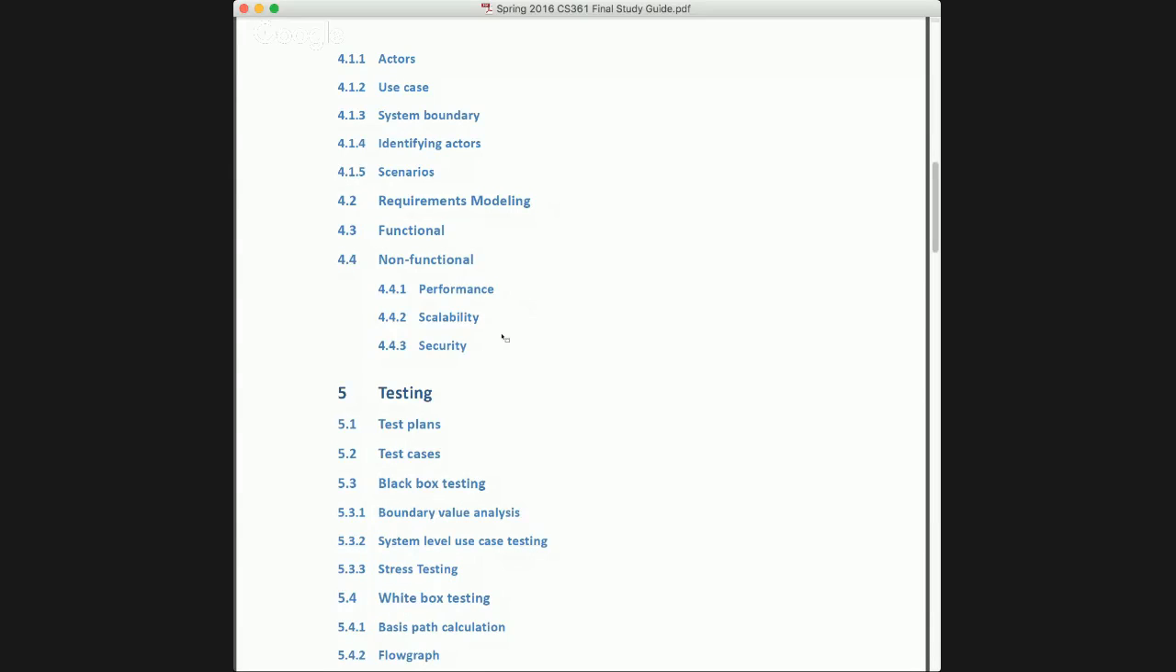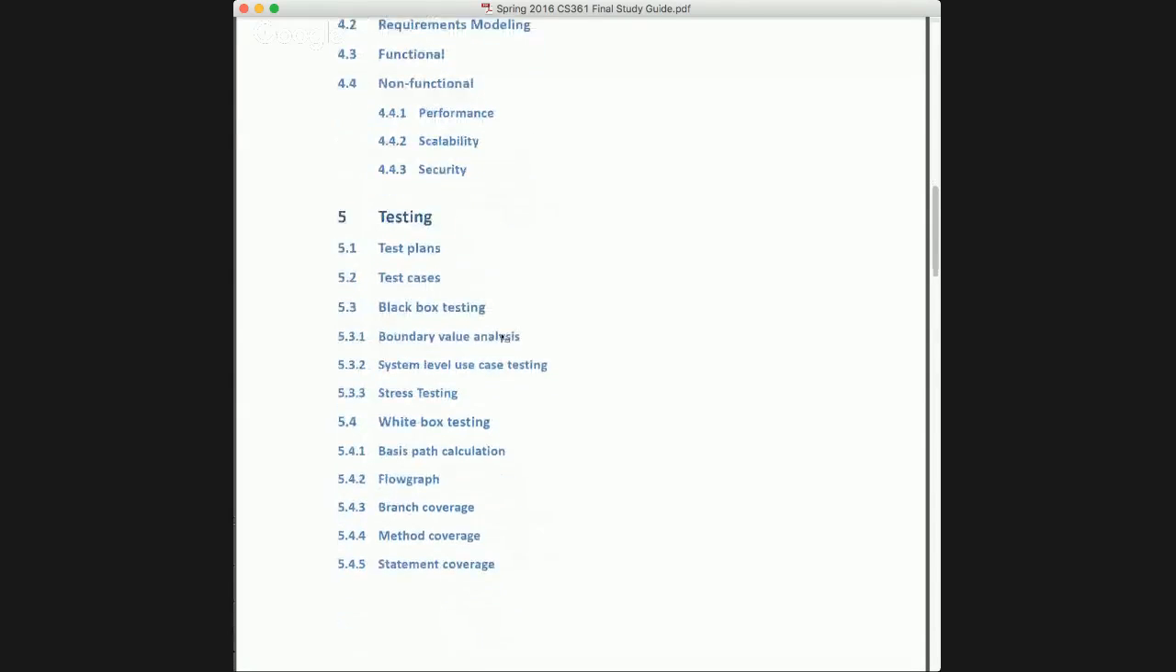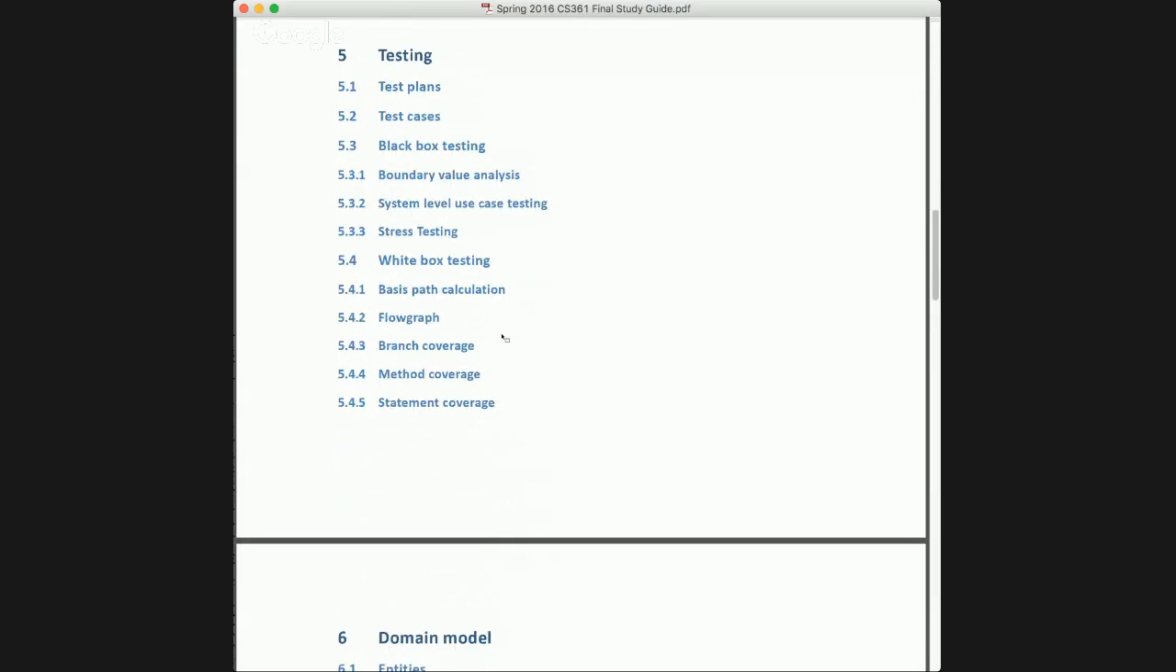We also talked about non-functional requirements, specifically performance and scalability, and the ability to understand where that fits in the architecture. We've spent a lot of time on testing, and this is one thing I'd like to underscore, and you should have a good feel for this and go back and review it if you haven't, and that is